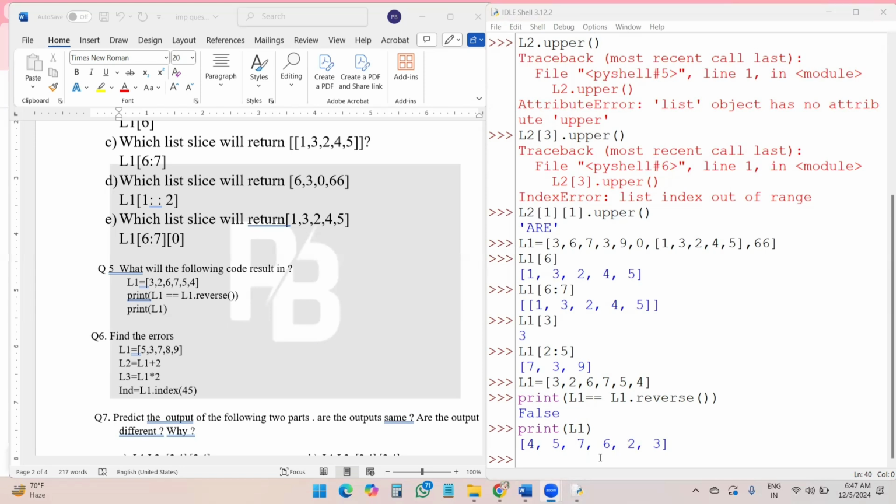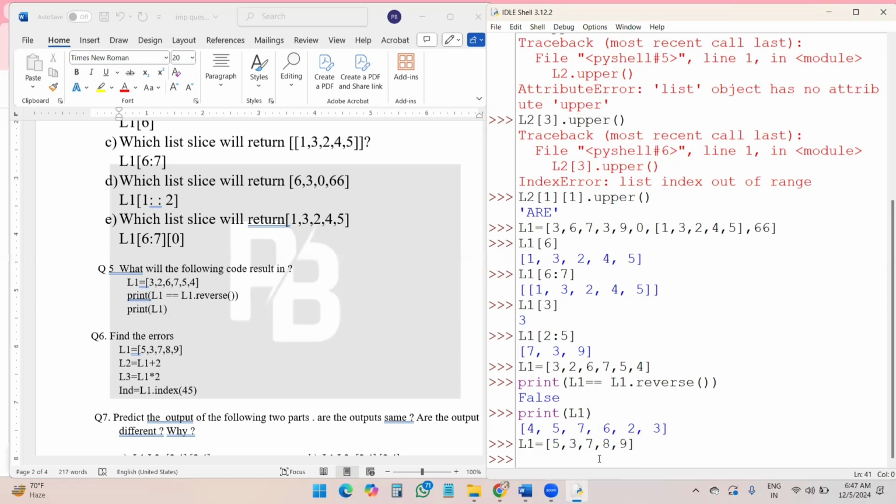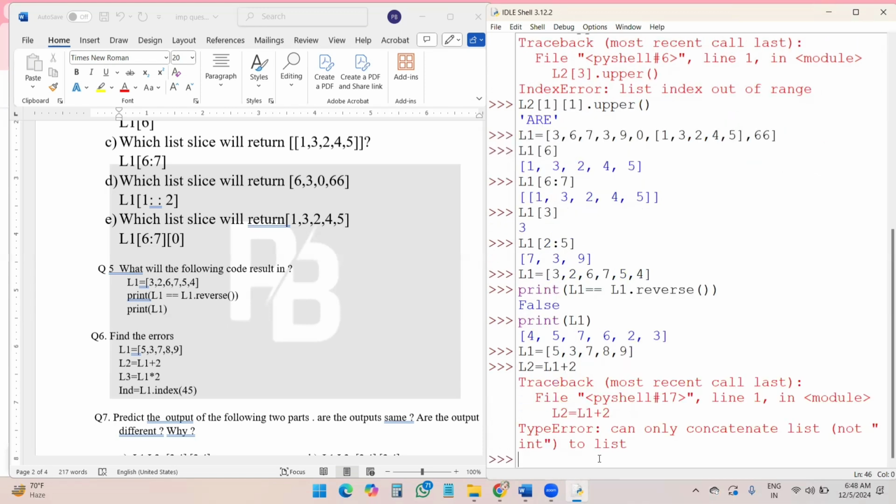Now, let's check another question, students. One list is there with me, that L1 is equal to 5, 3, 7, 8, 9. I write L2 is equal to L1 plus 2. This shows an error. Why? Because I know that a list never concatenates with a number.